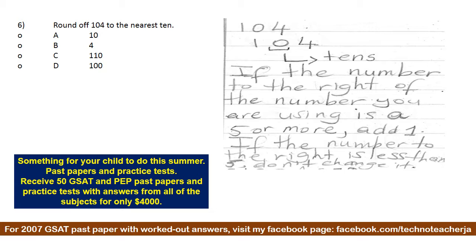Okay, how do you round off numbers? To round off numbers, it is important to remember that you must have only zeros up to where you want it to be rounded off to. So for example, if you want it to be rounded off to 10, you must only have either 10, 20, 30, 40, 50, 60, 70, 80, or 90 at the end of the number. So it can be